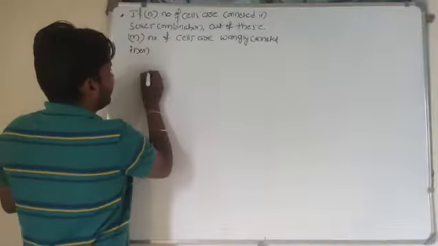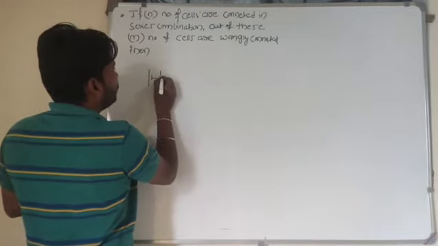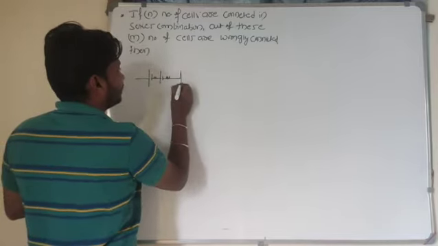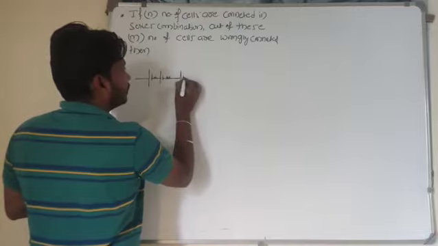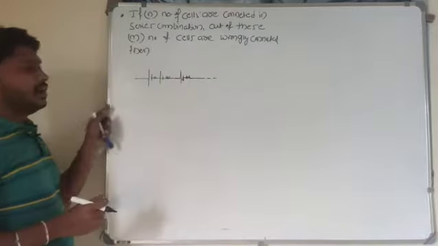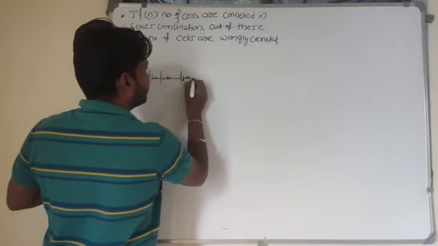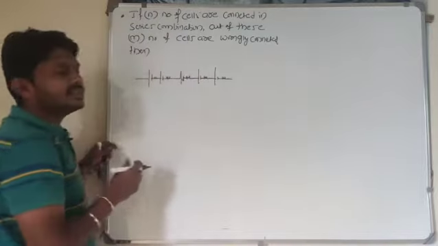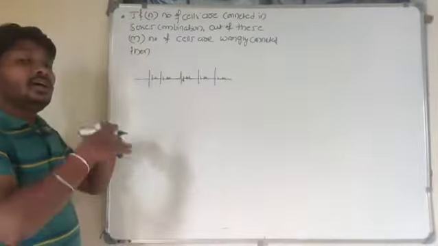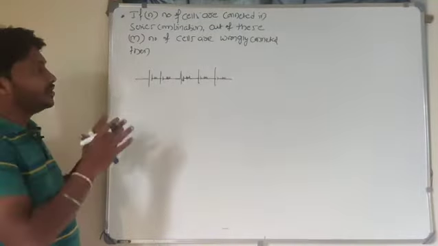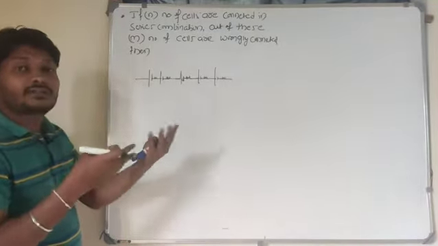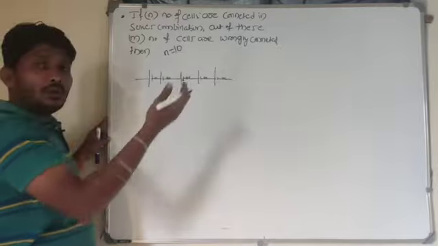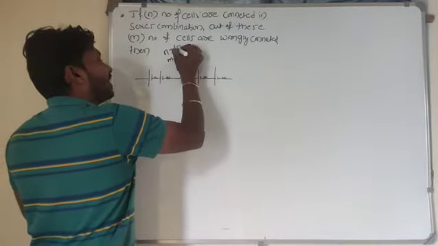So look at here. I will take those 10 cells here. So those 10 cells I can connect in series combination. So look at here, 1, 2, like that. So these are all N number of cells here. So just I will take that number of cells here. These cells are connected in series combination. So N number of cells are there, and those N number of cells I can connect in series combination. Out of N number of cells, M number of cells I can connect in wrong connection. For example, I will take 10 cells here. Out of 10 cells, 2 cells I can connect in wrong connection.